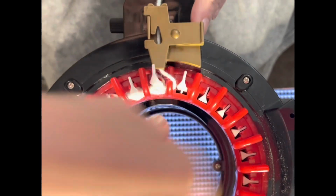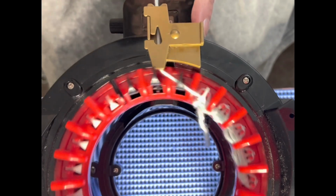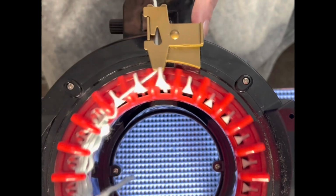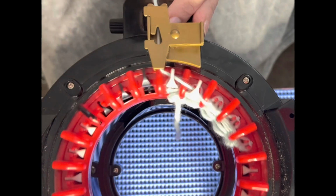Come on, you. Just like that. Okay. I'm not even using my Addi stoppers, because